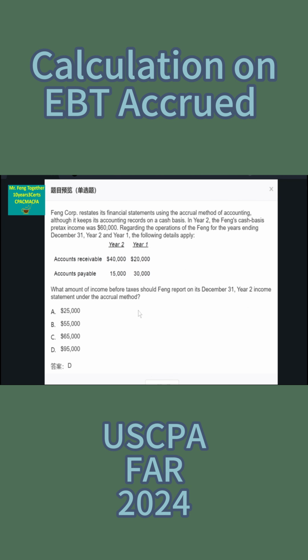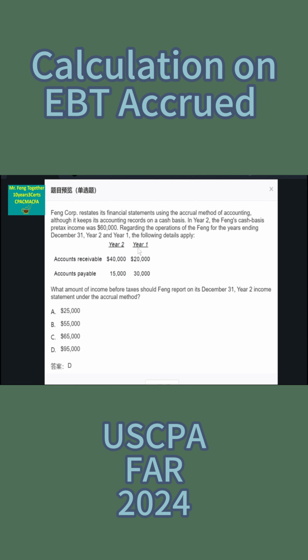In this calculation, to calculate the accrued earning before tax, let's take a look. Feng Corporation restates its financial statement using the accrual method of accounting, although it keeps its accounting records on a cash basis. In year 2, the firm's cash basis pre-tax income was 60. Regarding the operations of the firm for the years ended December 31, year 2 and year 1, the following details